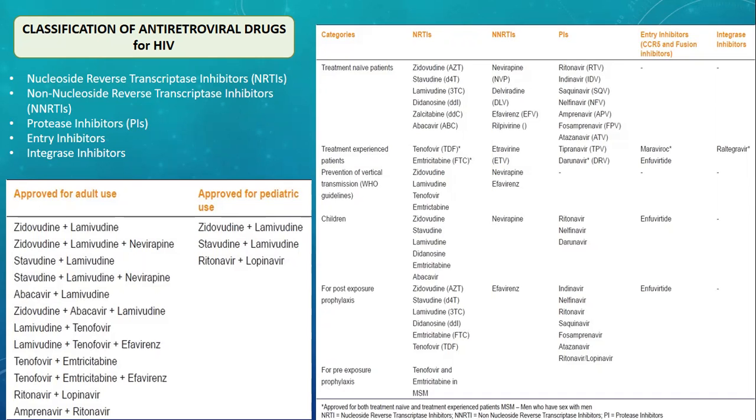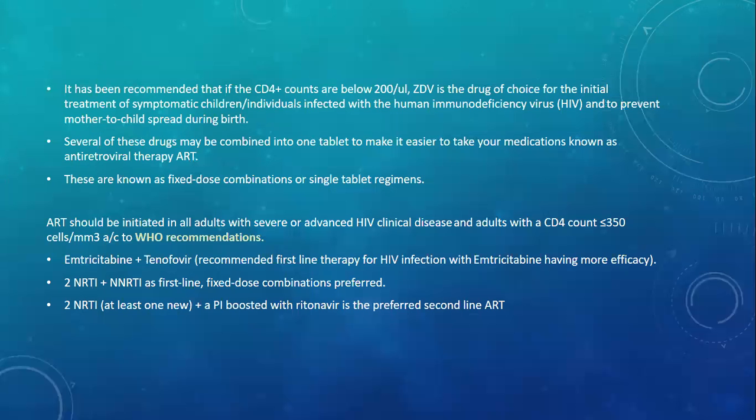Among these, zidovudine and lamivudine is one of the most commonly prescribed combination drugs in common practice. Among these, tenofovir plus emtricitabine is also a very commonly used combination with or without efavirenz. It has been recommended that if the CD4 plus cell count is below 200 per microliter, zidovudine is the drug of choice for the initial treatment of symptomatic children or individuals infected with HIV and to prevent mother to child